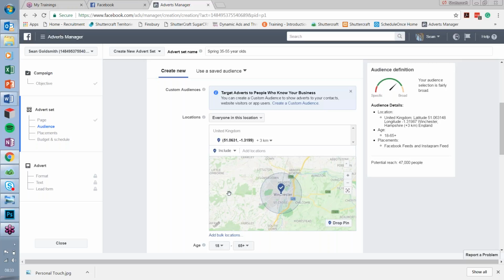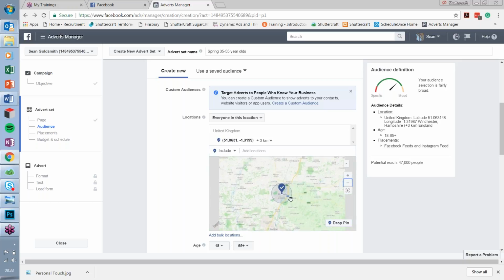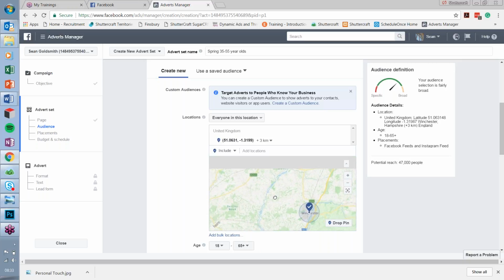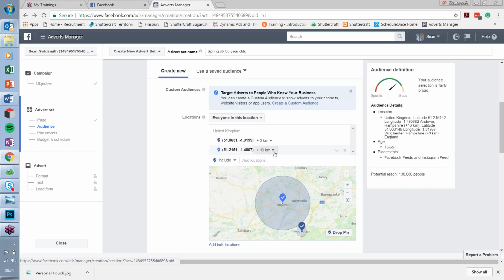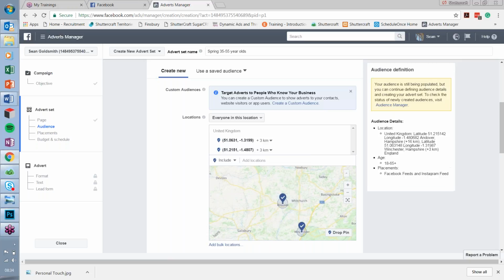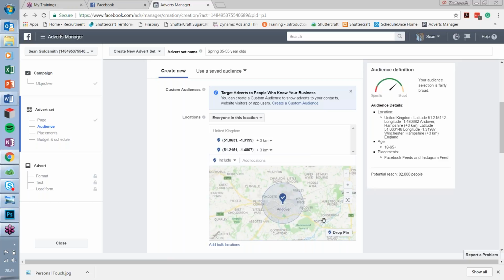Now, if you are going to be spending money and you want to make a high impact, it's better to do it in a small area, spend more money on a small area in order to get the highest possible return from that particular area. But if you did want to target your 3 or 4 key areas in your territory, you could go Winchester and then drop a pin once again in Andover, and then do that for 3 kilometers. So we've got Andover covered over there,